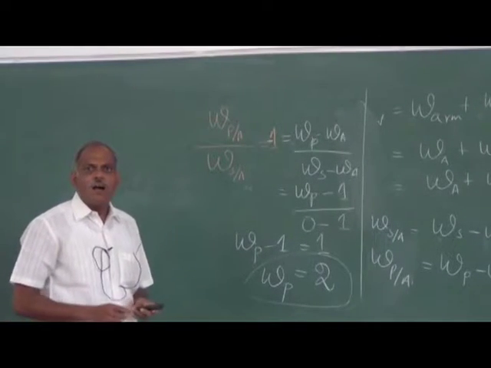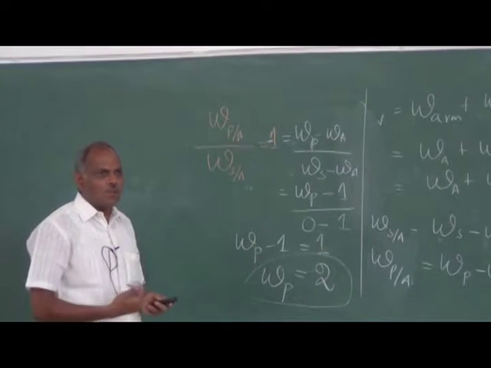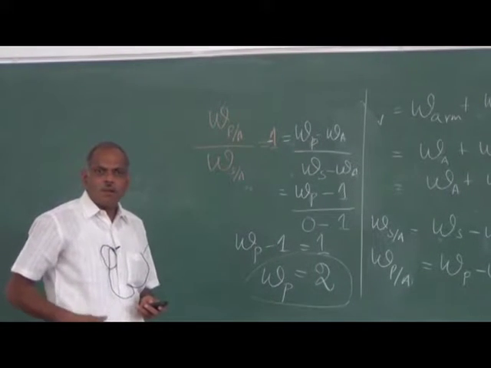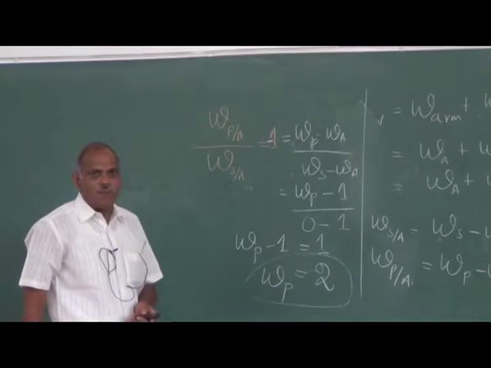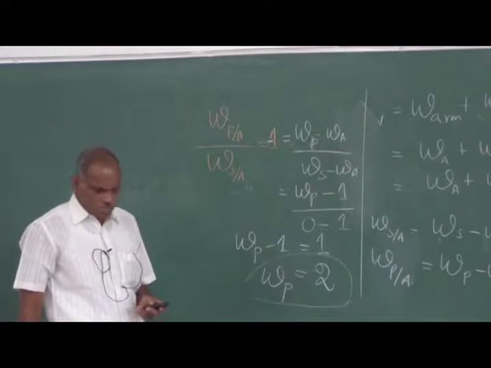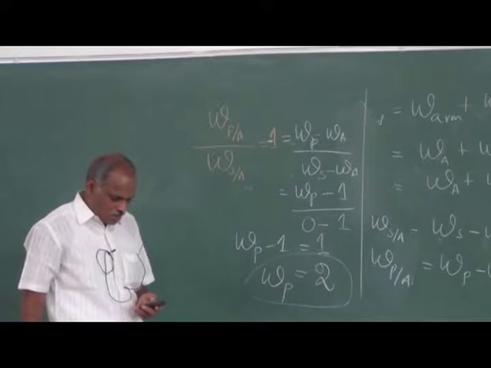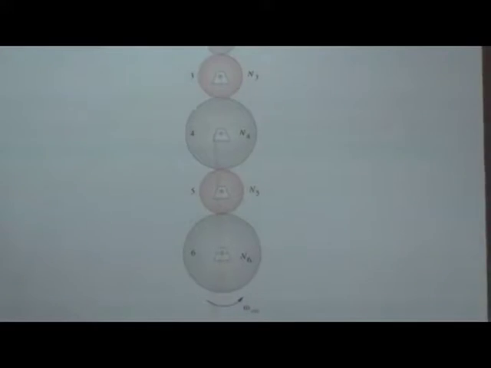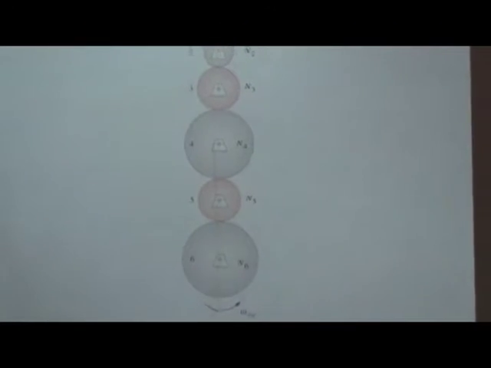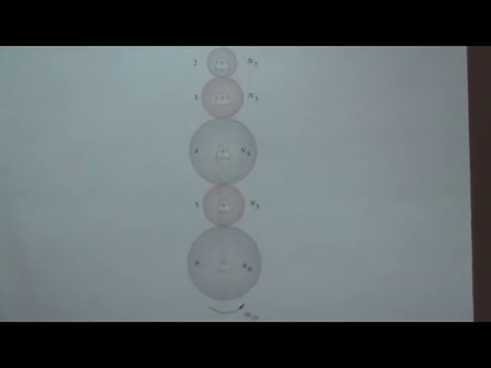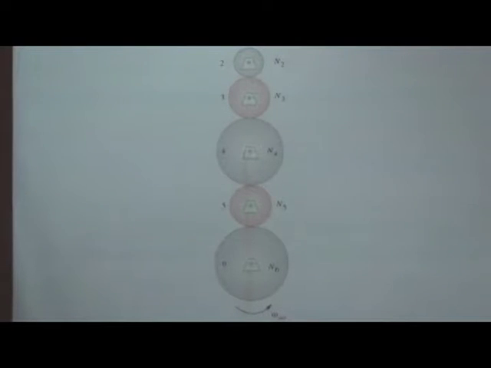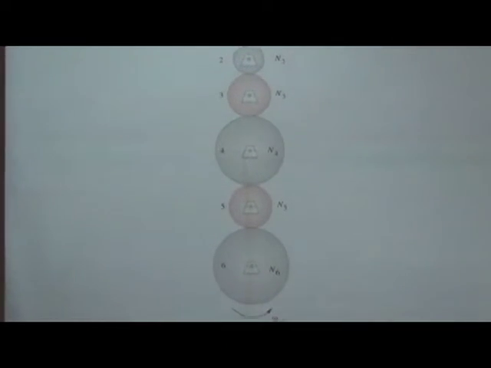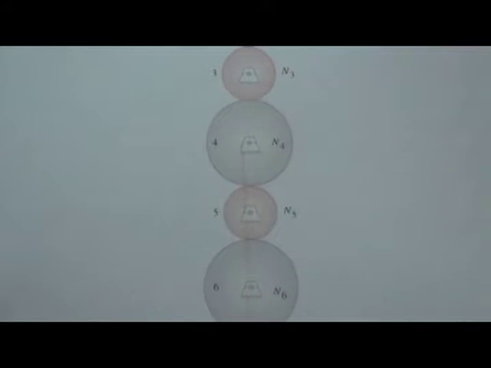Now we will see how this particular thing is usefully employed in a gearbox. For that we will go to the projection and take a look at that. This is a simple gear train. Whatever you have, an input gear and an output gear, whatever is in between doesn't play any role in deciding the velocity ratio. They are called idlers.